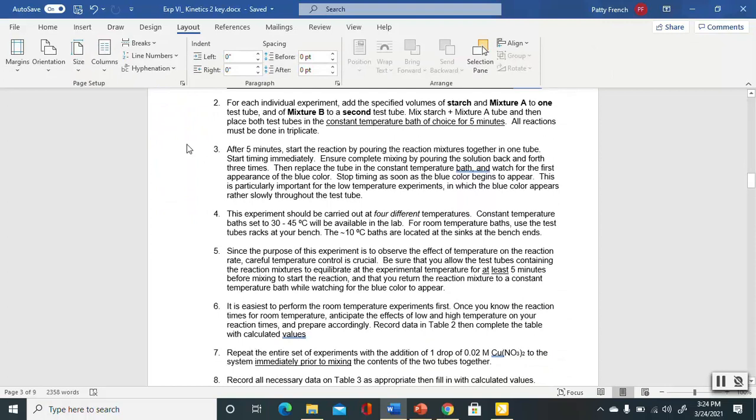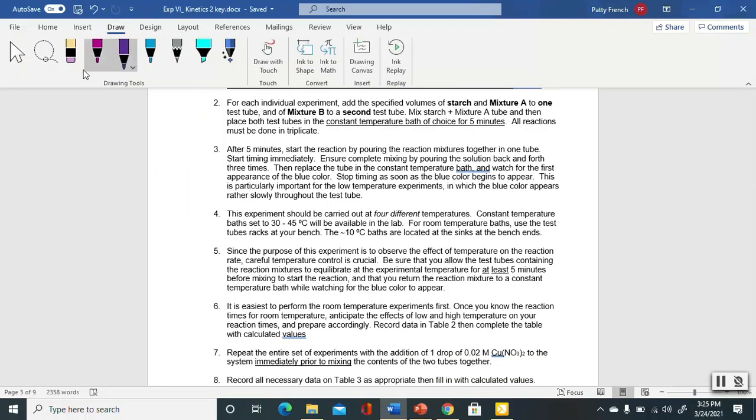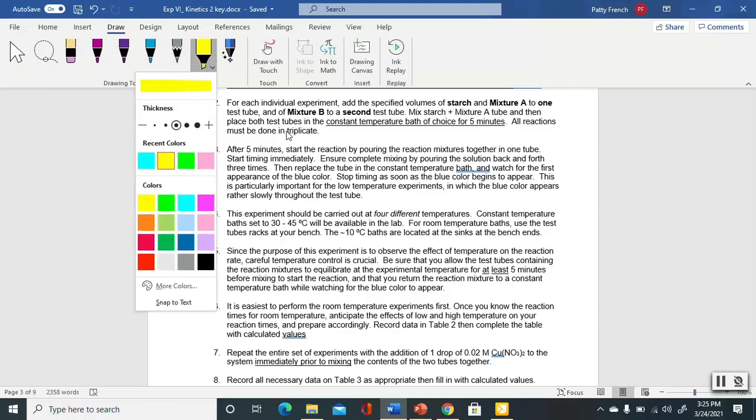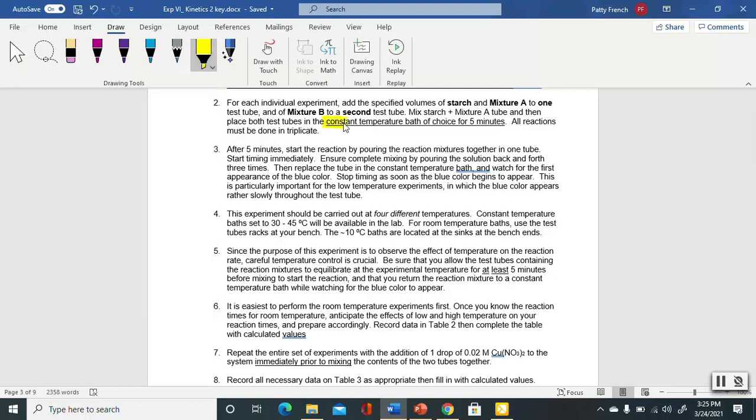Okay? There is one snag here, one thing that's very different from last week, and that is that we have to keep these test tubes and this whole reaction at a certain temperature. You can't just take 2 room temperature samples in test tubes, mix them together, and put them in a 40-degree temperature bath and say, there, that was at 40,